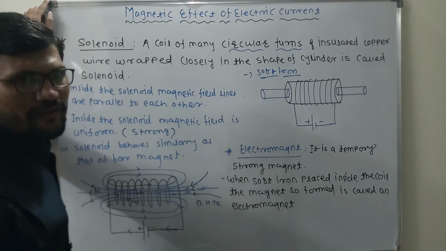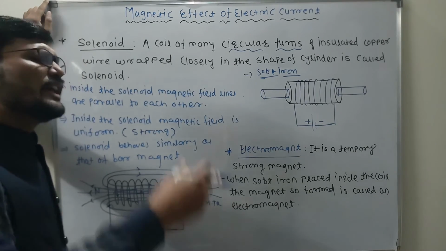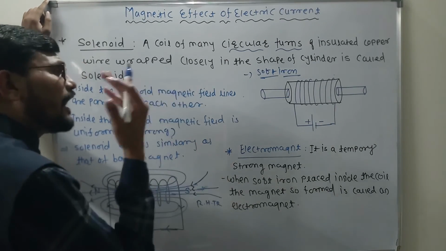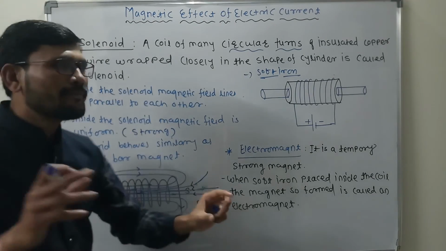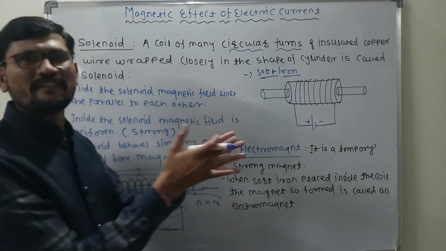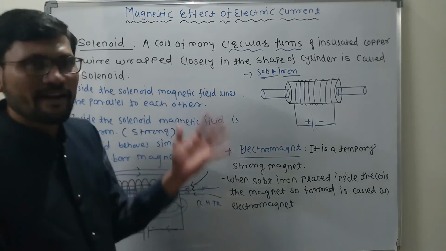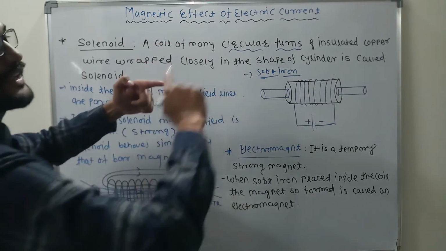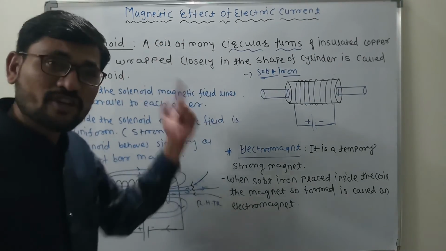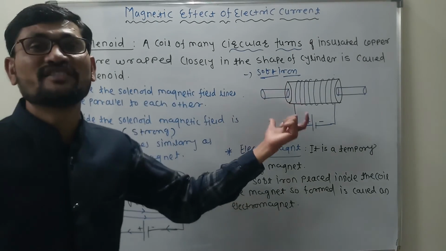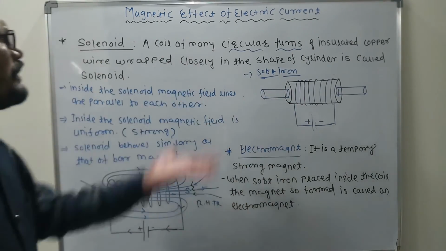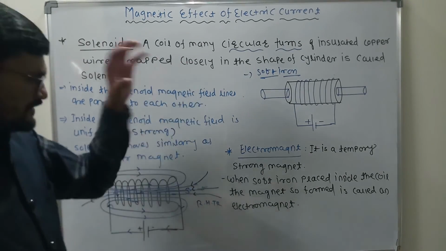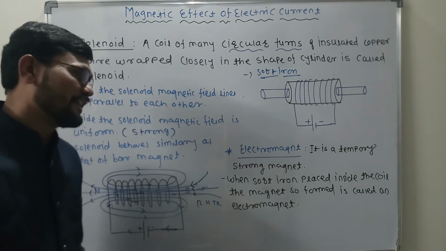Now, why are we using the soft iron? If I wanted to increase the magnetic field for particular purposes, I don't have any other option, because I know very well the bar magnet, which is permanent, has some specific value of the magnetic field. But if I want more magnetic field, then I will prefer the solenoid, and through that I will increase the amount of current so that I can get the desired value of the magnetic field. Instead of that, I can increase the number of turns so that I can get the desired amount of the magnetic field. This is why the applications of the solenoid are very important. That is the concept called the electromagnet. Is it clear here?